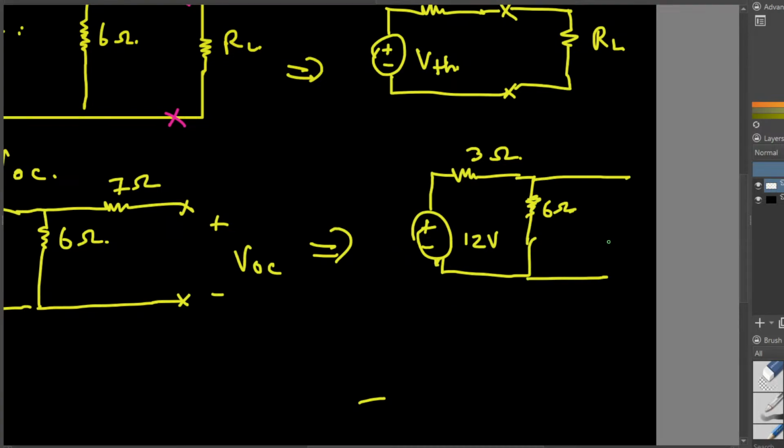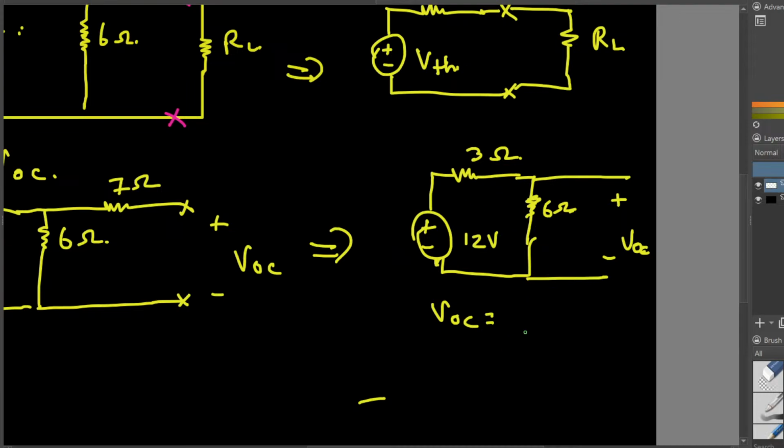Now from this one, what I can find, I have to find VOC, right? Can I find the VOC? Can I find the voltage across this resistor? Yes, you can see this is the voltage division. Voltage division says that if you have a source voltage provided, and if you want to find out the voltage across any resistor in